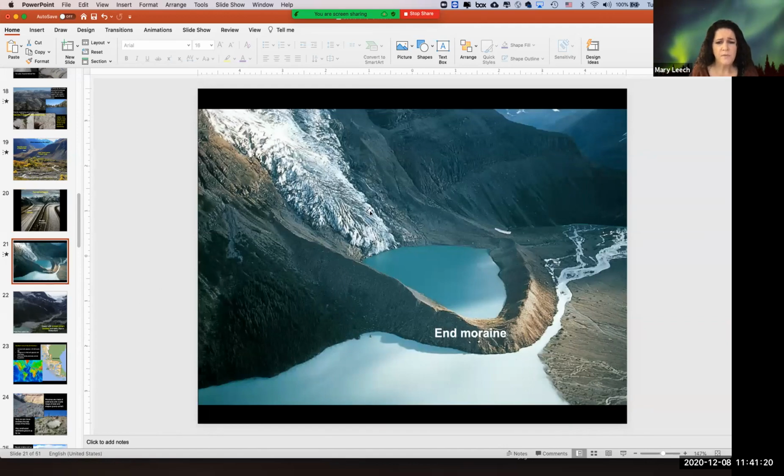Here's a glacier that is littered with crevasses, all these fractures in the ice. It's coming down steeply here. And here's the end moraine, or the terminal moraine, to this one. It looks like it was one of these side glaciers, and it was feeding into a larger one where this main lake is. Do you notice the water color is very blue? And it looks kind of cloudy. Does anyone have an idea why it looks so blue and cloudy?